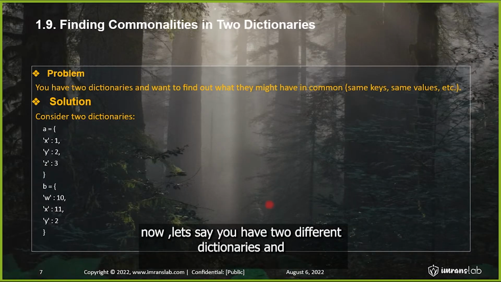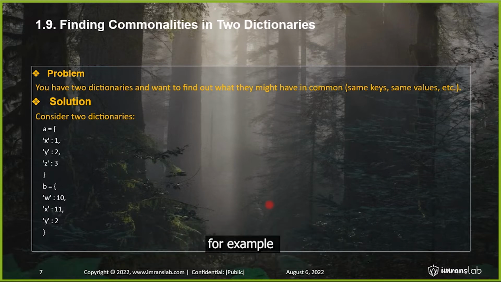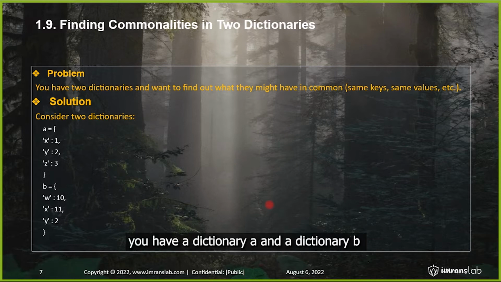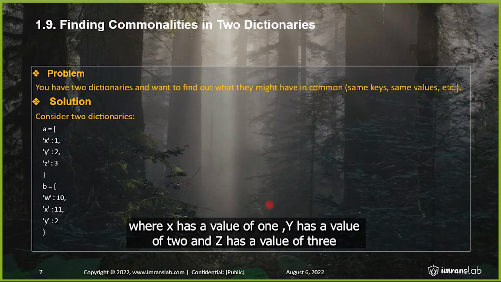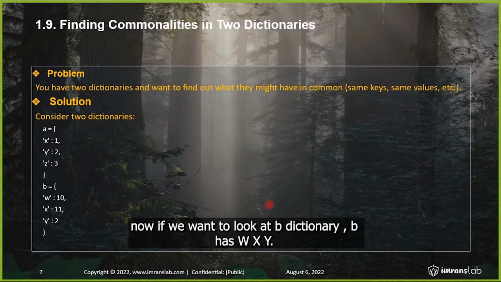Now, let's say you have two different dictionaries and you want to find which values or keys are similar in those two dictionaries. For example, you have a dictionary A and dictionary B, where A consists of x, y, and z, where x has a value of 1, y has a value of 2, and z has a value of 3. Now, if you look at dictionary B, B has w, x, and y, where w has 10, x is equal to 11,